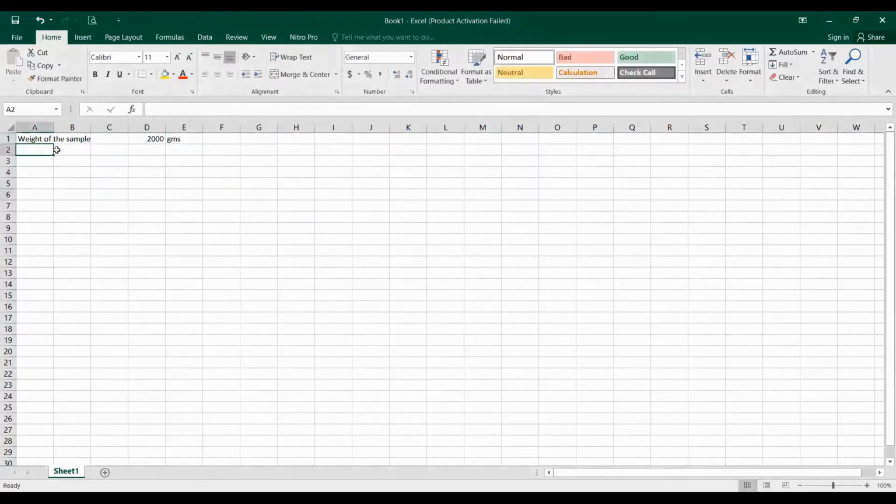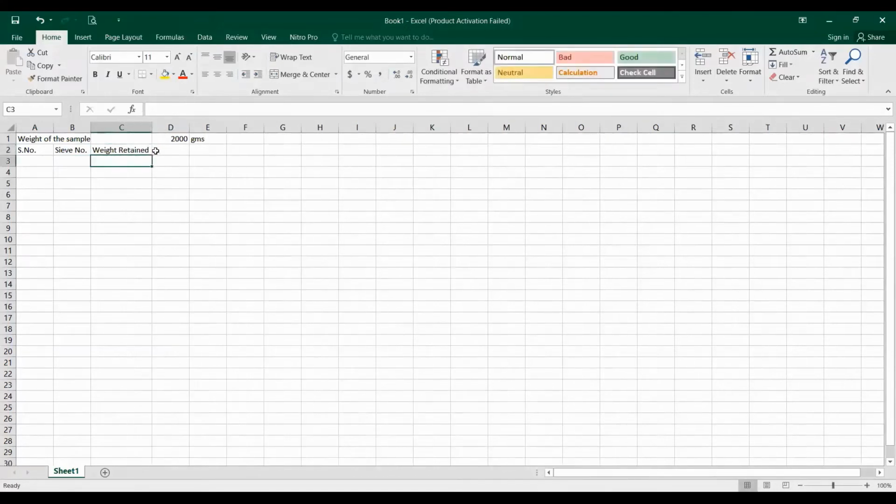Then you have to start the observation table. How can you make it? First of all, write down the serial number. Then the sieve sizes in inches, or sieve number. Before weight retained, you can take sieve sizes in millimeter.